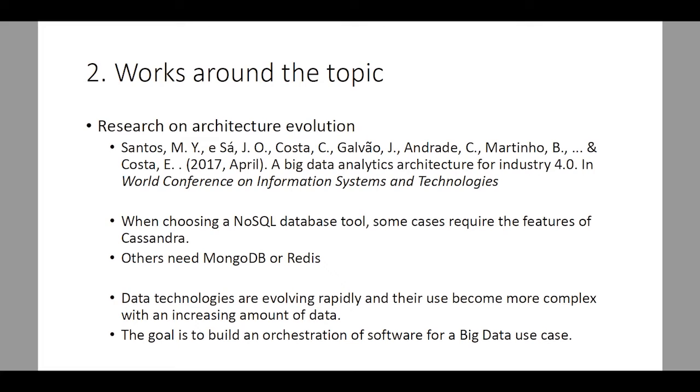Some will require Cassandra software, while others will use MongoDB or Redis for key values. It is not possible to install all the software, and because the evolutions force us to create a more dynamic architecture, we are therefore moving towards a kind of software orchestration.